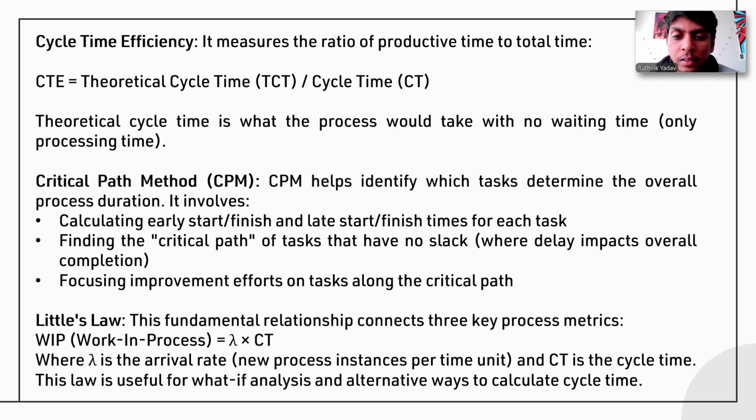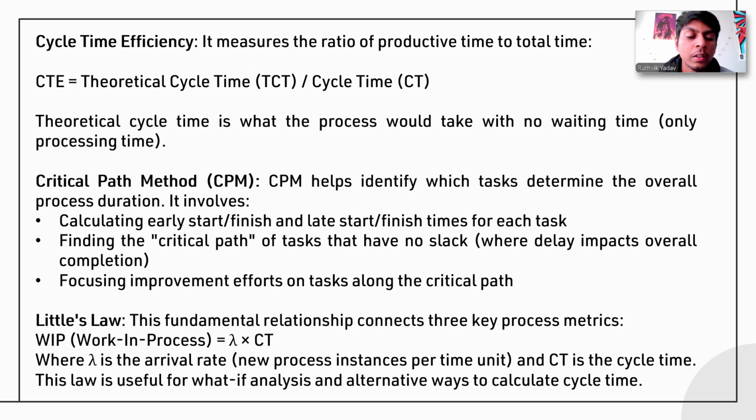Critical path method, CPM. CPM helps identify which tasks determine the overall process duration. It involves calculating early start/finish and late start/finish for each task, finding the critical path of tasks that have no slack, where delay impacts overall completion. So the critical path method helps us identify which tasks determine the overall process duration, focusing improvement efforts on tasks